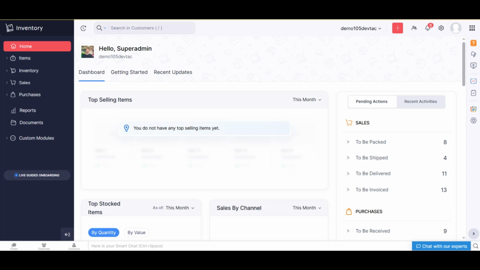Today we're going to be discussing how to view and customize inventory evaluation reports. So first of all, before you start doing anything related to reports, you have to first log in to your Zoho account and then to your organization. Once you're in the dashboard, or in home, you just have to go here in the reports